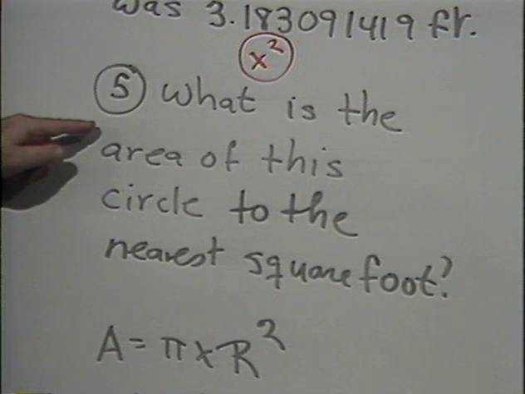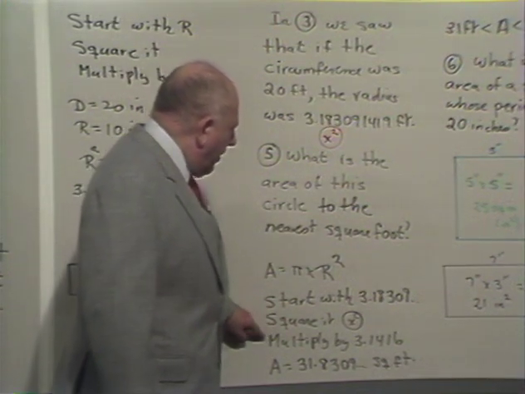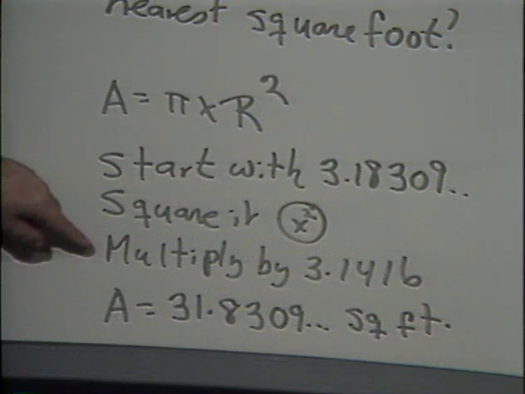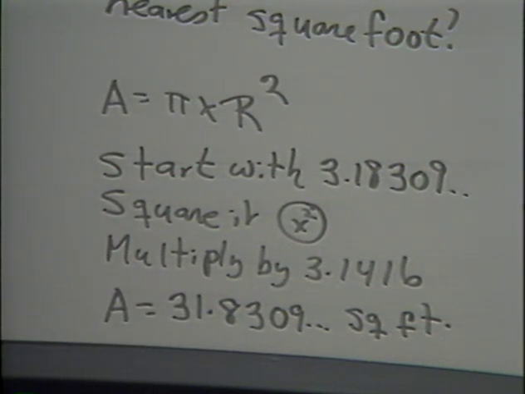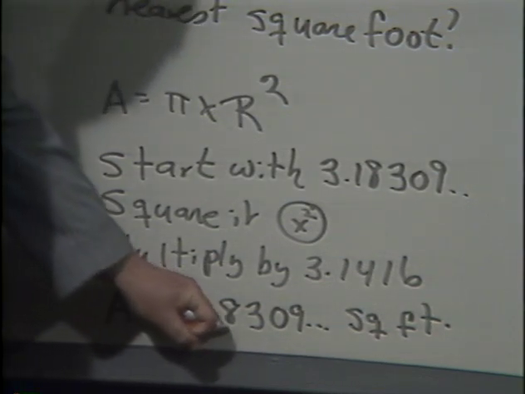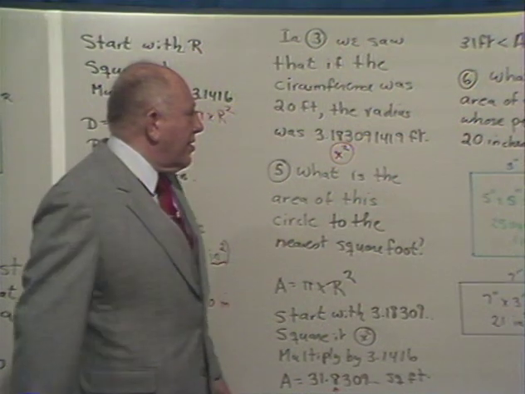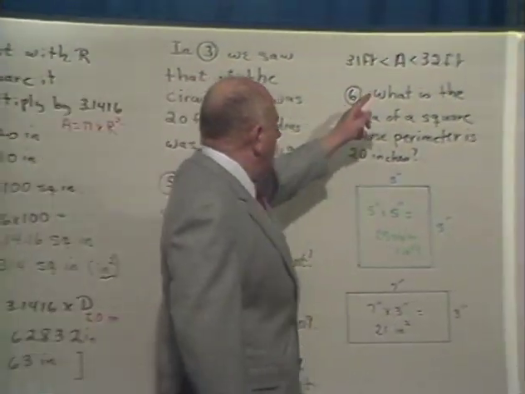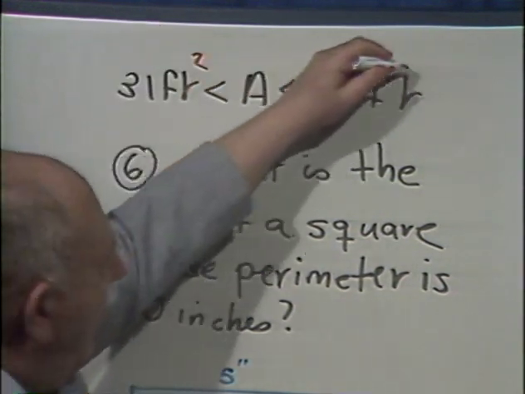In other words, what is the area of this circle to the nearest square foot? You start with the 3.18309, you square it, you multiply that result by 3.1416. That comes out on my calculator to be 31.8309 something or other square feet. Since I'm only interested to the nearest square foot, the fact that this is an 8 over here allows me to round this off to 32. But if I wanted a more precise answer, I could say that the area was more than 31 square feet and less than